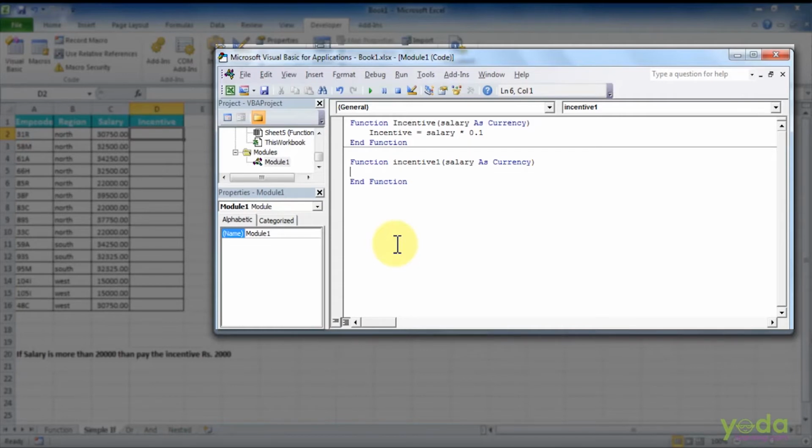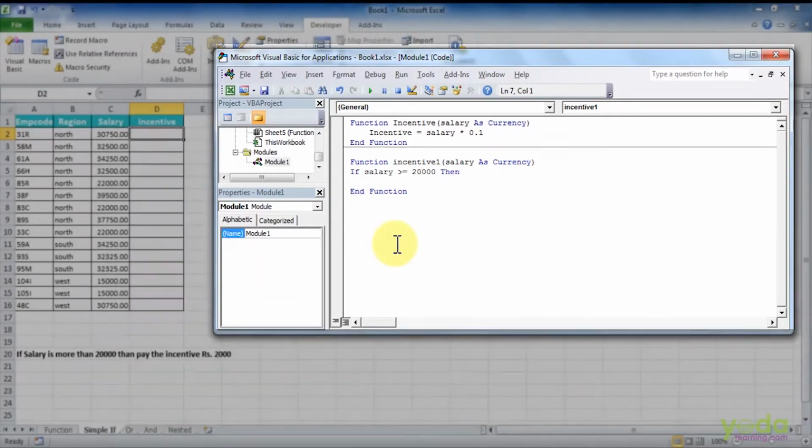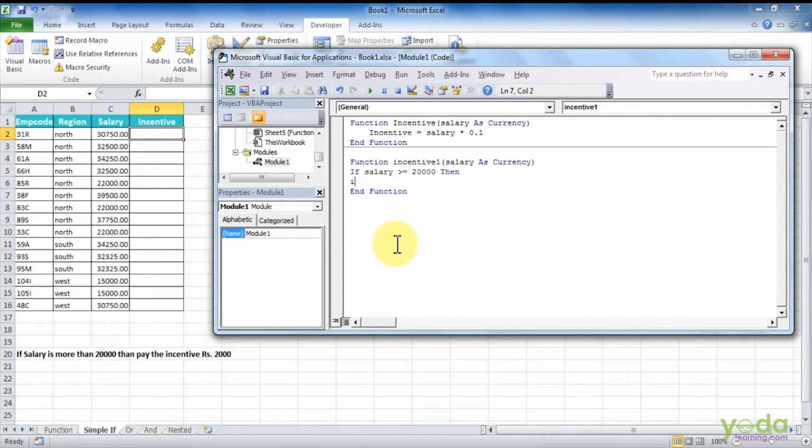So here what I will do is type the statement starting with the if. If space the salary is more than or equal to 20,000, then only then calculate the incentive as 10% of the salary.